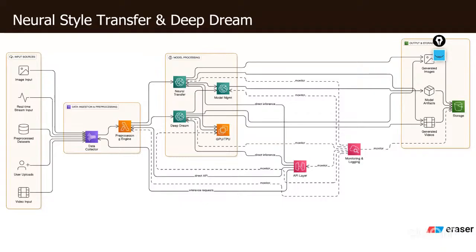So, our architecture overview. In our architecture, we can have multiple input sources. If we look at the architecture diagram, there are a total of 5 different zones. First is our input sources, wherein static images or real-time video streams will be there. Then you can use the uploads option and curate your style and content datasets, both. Then we have an ingestion and pre-processing zone,